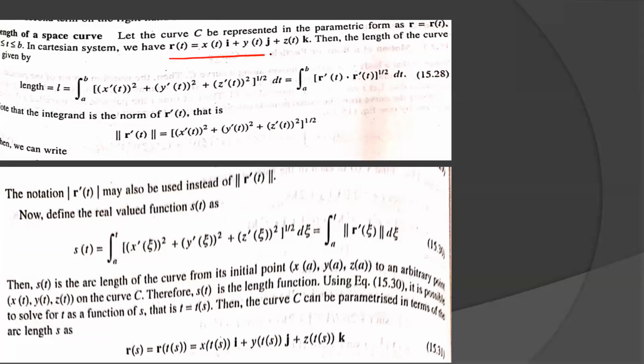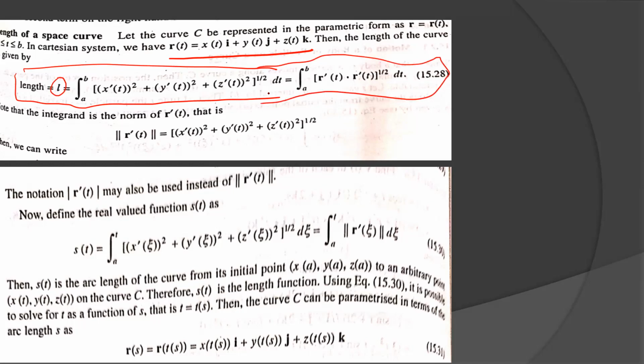Then we have r(t) vector equal to x(t)i plus y(t)j plus z(t)k. Then the length of the curve, the length L, I'm supposing, as L value is equal to